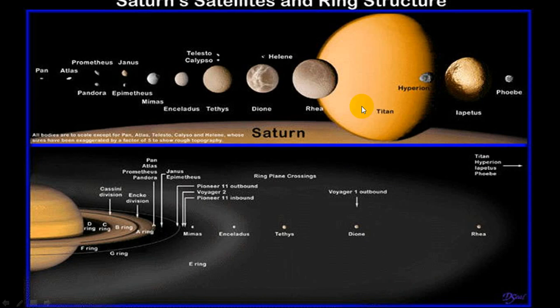Let's see. Do we recognize any of these names? Where was the big one? So look how far some of them go out. So Rhea and Dione, and this one they talked about in the video, right? Enceladus. Yeah, so I don't know where Titan went off to. But here's our divisions in the ring.